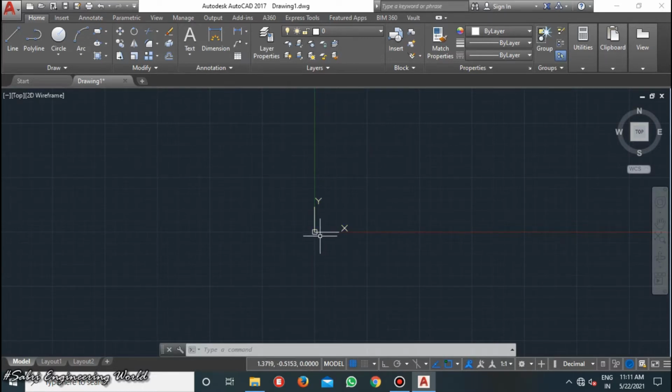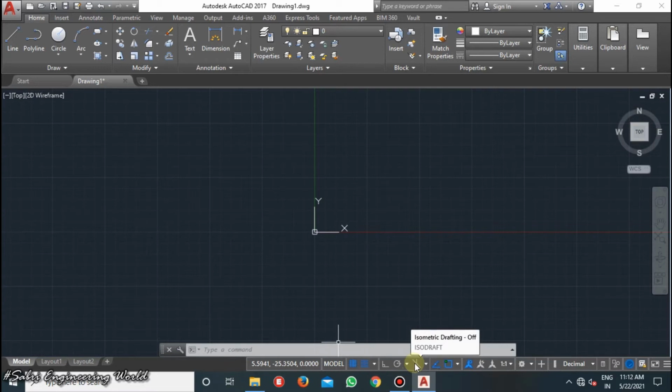There is a ribbon below. There you can see several options: display grid on and off, and there is a snap mode on and off option. You can turn it on. There is an ortho mode in which lines will be perpendicular and parallel, the straight lines. If you turn that off, you can make inclined lines also. This is restrict cursor to specific angles. This is isometric drafting. It will be used in 3D.